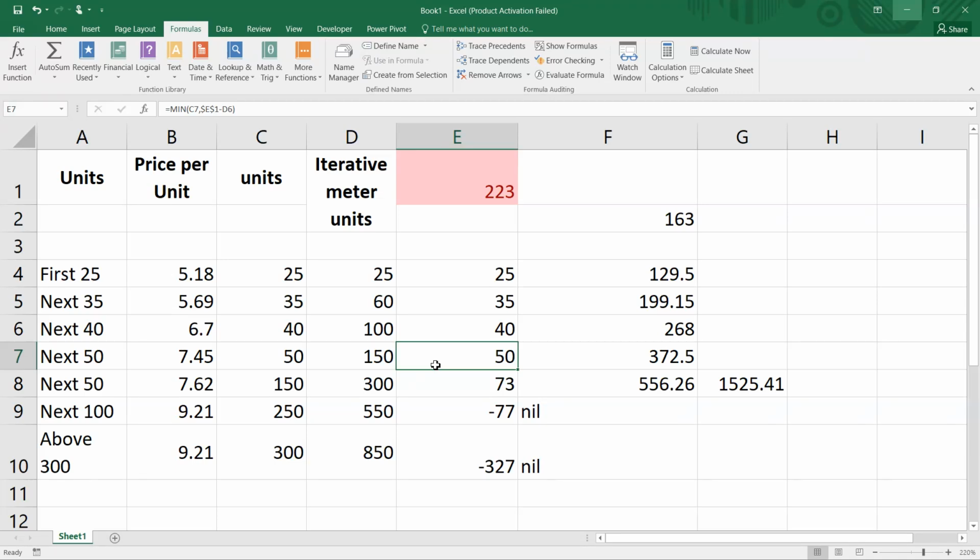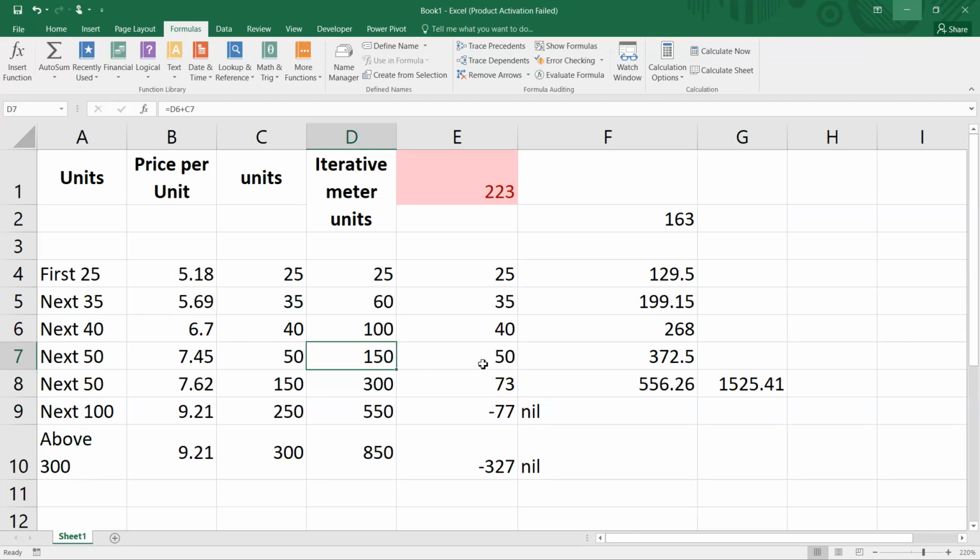So 223 minus 150, whatever the value is, we need to tally it with the minimum 50. If it is still not in this particular slab, then he will be moving into the next slab, which is 73. So 300 minus 223. So now he has to pay for,